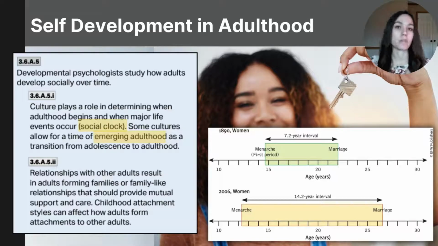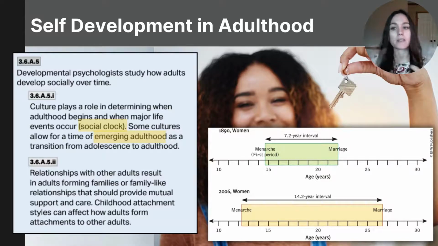And one of those is marriage, which is often expected to happen between the 20s or early 30s. And a person might feel pressured to conform to this timeline. And many people who feel this pressure experience social anxiety if they are single at the age of 35 because they have fallen behind the expected social clock. This social clock can affect how adults see themselves and their place in society.